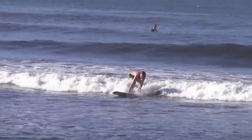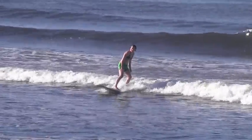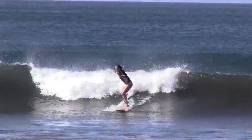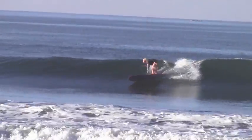Okay, so you're learning how to surf, and you're going straight. Whether you're in the whitewash or you've gotten to the point of dropping it on a green wave, for the most part, you're probably going to be going straight. But that's not as cool. I mean, it's cool at the beginning. It's cool if that's all you got, but the next step is going to be to go along the face